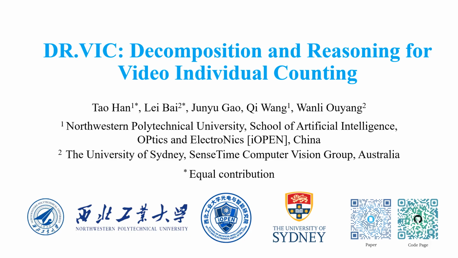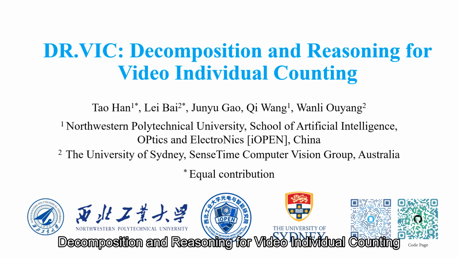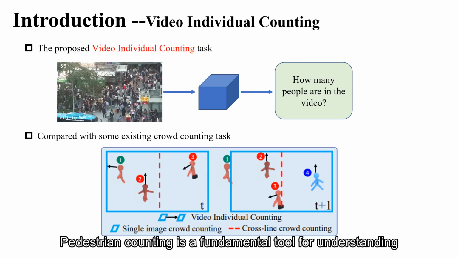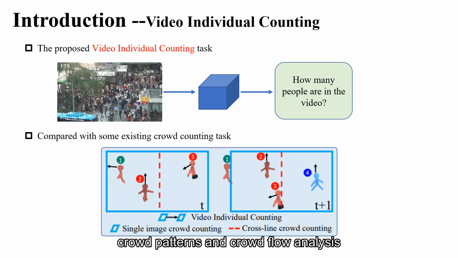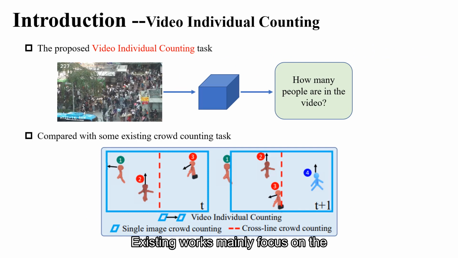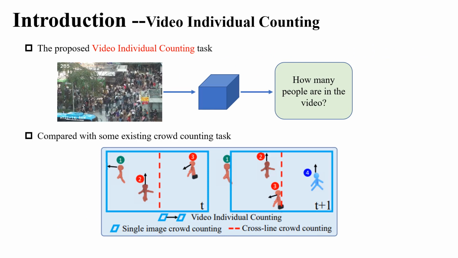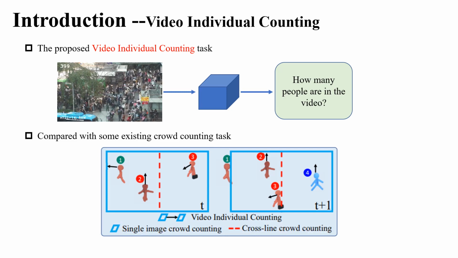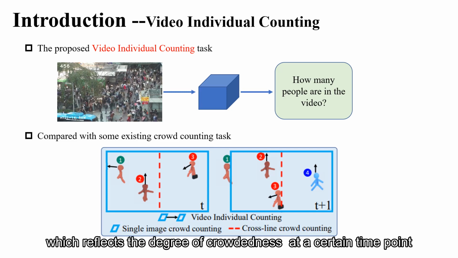We are presenting decomposition and reasoning for video individual counting. Pedestrian counting is a fundamental tool for understanding crowd patterns and crowd flow analysis. Existing works mainly focused on image level counting. Single image crowd counting estimates the crowd number at the image level, which reflects the degree of crowdedness at a